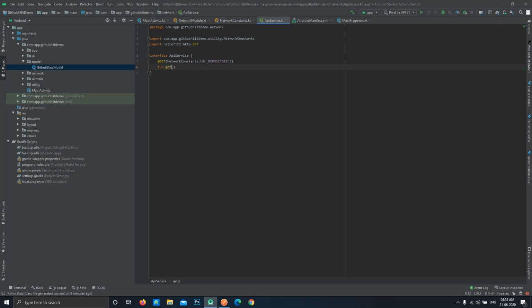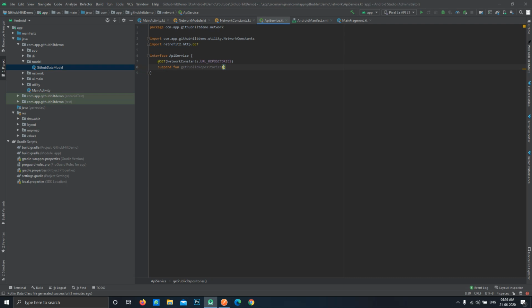So let's name it getPublicRepositories, and this should actually be a suspend function, because we will be using coroutines to call our API. Our Retrofit has good support for coroutines out of the box, so we'll be using that in our project.